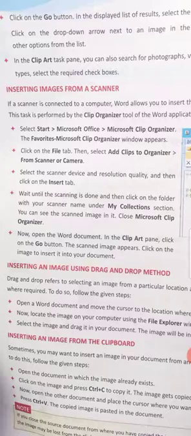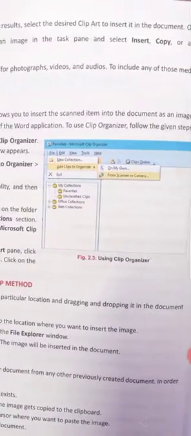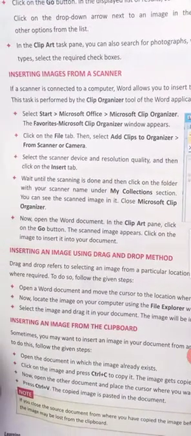After that, click on the File tab, Add Clips to the Organizer. We can find our photo from the scanner. After that, insert. Normally whenever we attach our scanner, it will ask in file mode if you want it from the scanner, so we can do it.